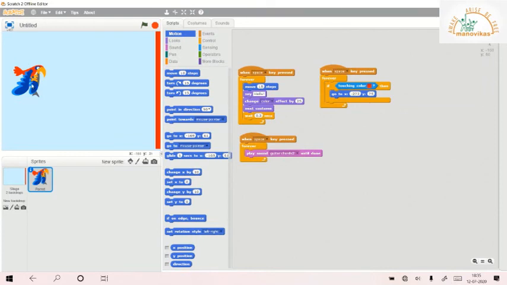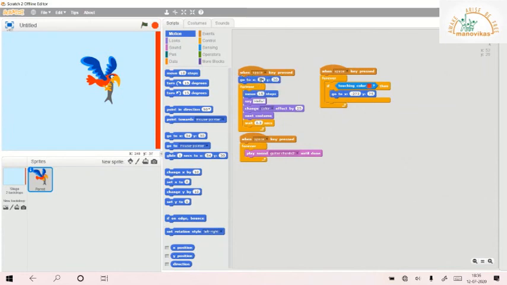Now you have seen, suppose I stop the sprite and then play it again. My sprite actually moves from the place where I had stopped. But suppose I want it to go right to the beginning and start from the beginning. A small change I have to do is change the position of the sprite. I'm going to change the X and Y position of the sprite and place it here.